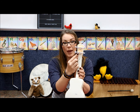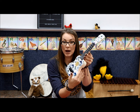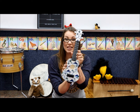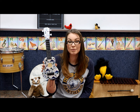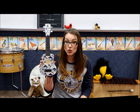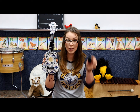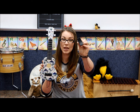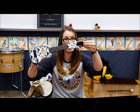All of the backside is all plastic, the pegs are plastic, even the body of the instrument itself is all plastic. Now, since this is a toy, we might think, well, we can't really play a melody with it. But let me tell you something, you actually can. And I've got a fun tool here that's going to help us figure out if this is in tune. This little tool right here is called a tuner. If I clip this tuner onto the top of the ukulele, right here,